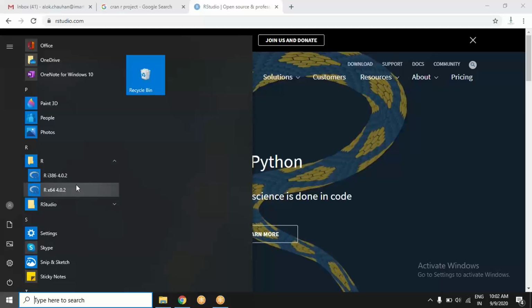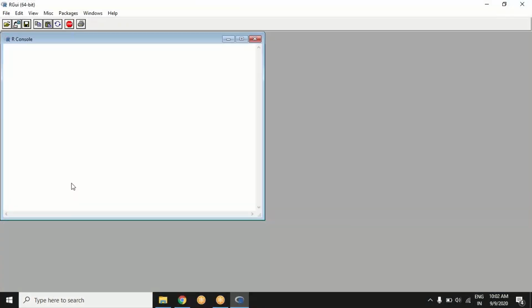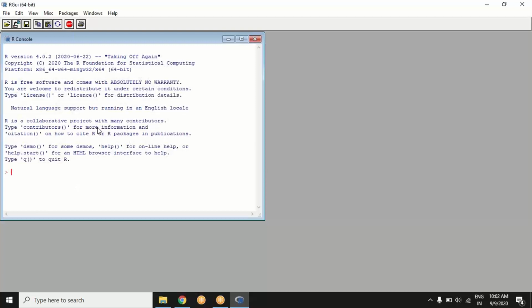Just see, maybe you don't have to open it, I'll show. You don't have to work in R actually. We will work in R via RStudio. So this is in place. I'm just showing you for the sake of showing you. This is the interface of R, and this is the place where you write your code, whatever you are writing.